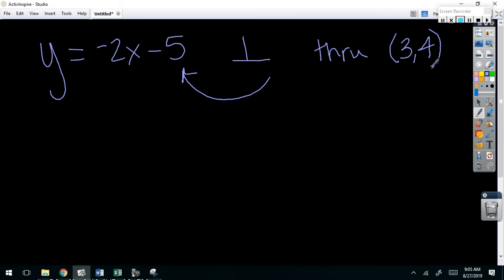Tell me what you know. What's my new slope going to be? Close. Flip and switch. It's 1/2. Remember, this is negative 2 over 1. If I flip it, I get 1/2. And if I change the sign, it was negative, so I'll make it positive. I have a point. I have a slope. Give me the equation. y